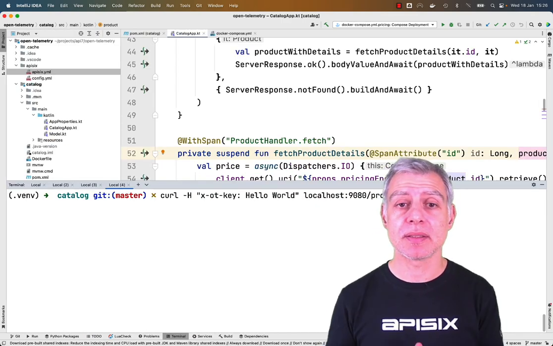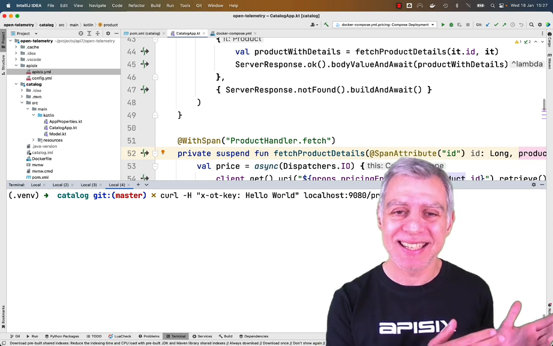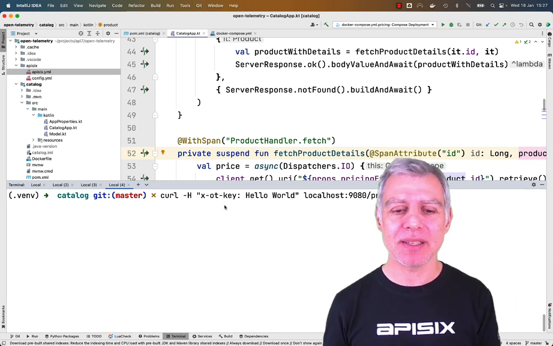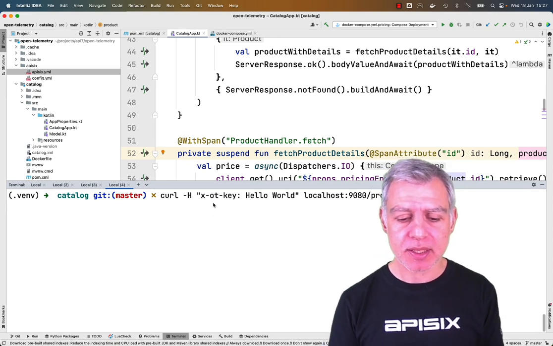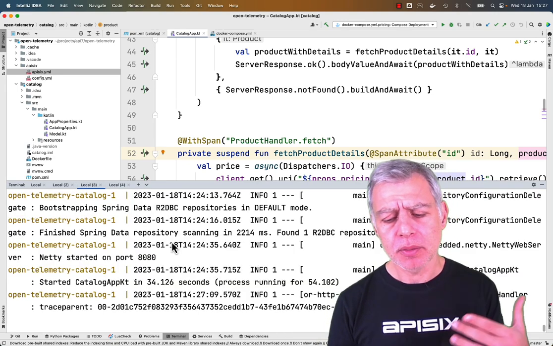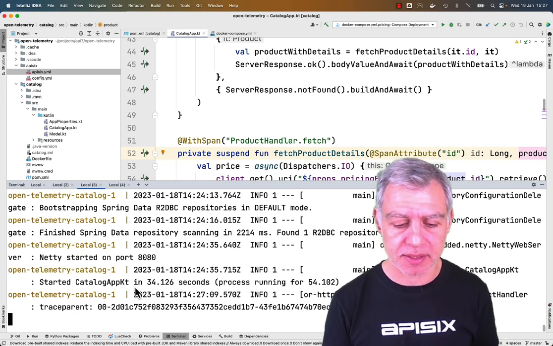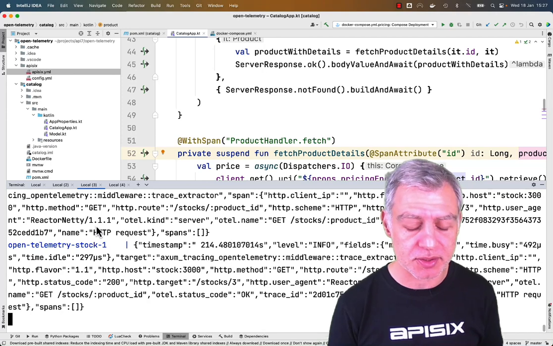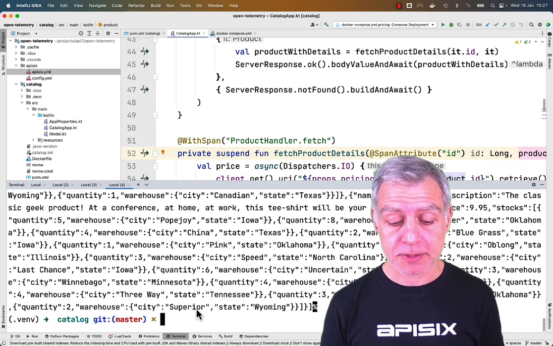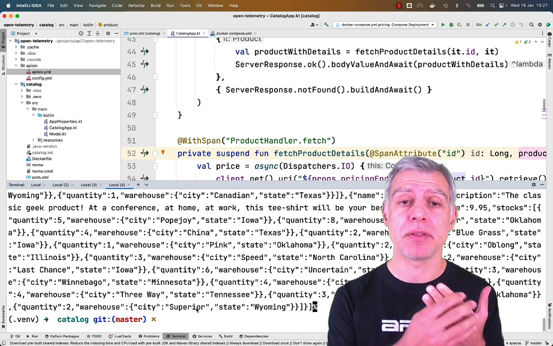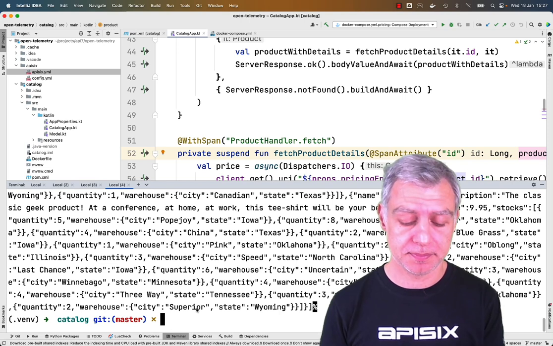So here it's the same request. I've just changed the header because I missed the previous header. It was not hotel, it was OT. So let's run this. Again, we can check that everything works on the logging side. So here I'm in the catalog, then I'm in the stock, the pricing, whatever. I've got the response, and we can check back on the Jaeger UI how it looks like. We expect more details.